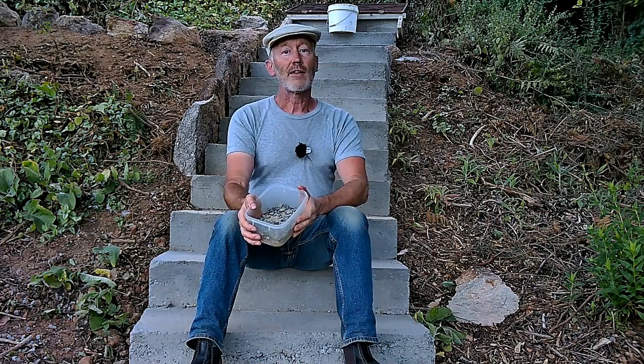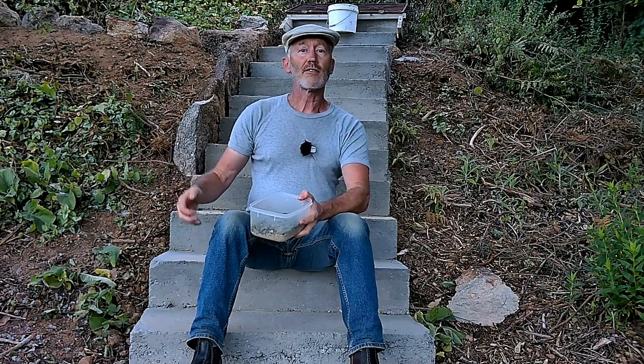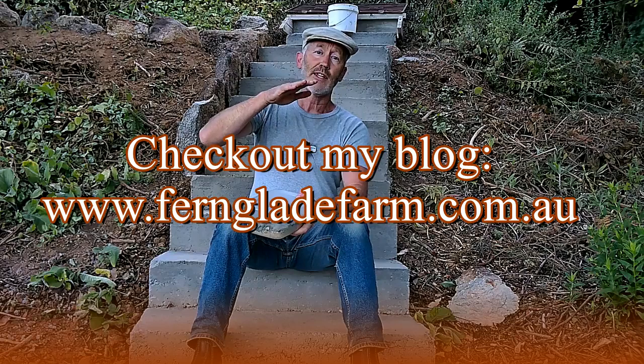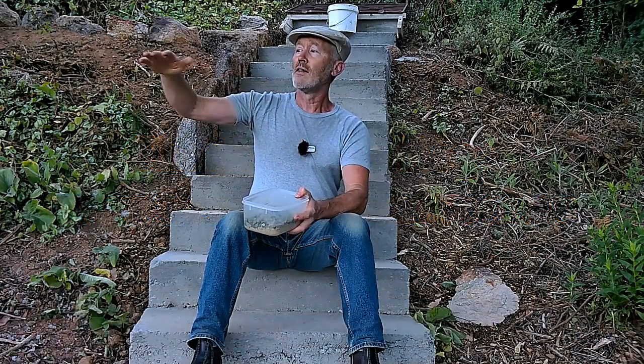Today we're talking about the concrete stairs that we make. Now, we live on a slope. It's about a 10-degree angle, and you really need ways to get up and down the more steep sections. So when you cut into the side of a hill, you'll push the fill, that's the soil, down, and then you'll create this sort of much steeper section, and you really need some way to hold all that together and